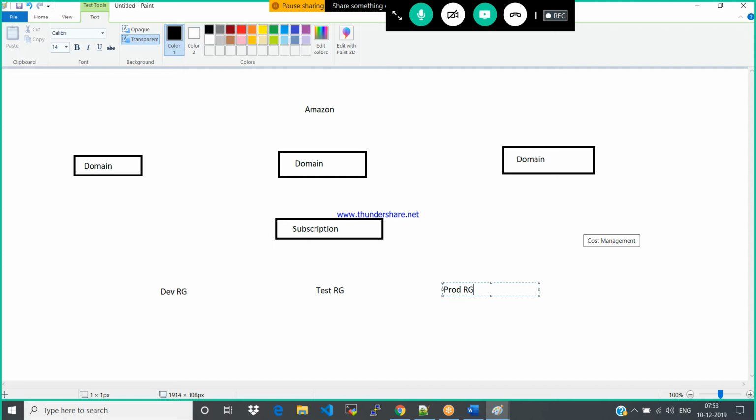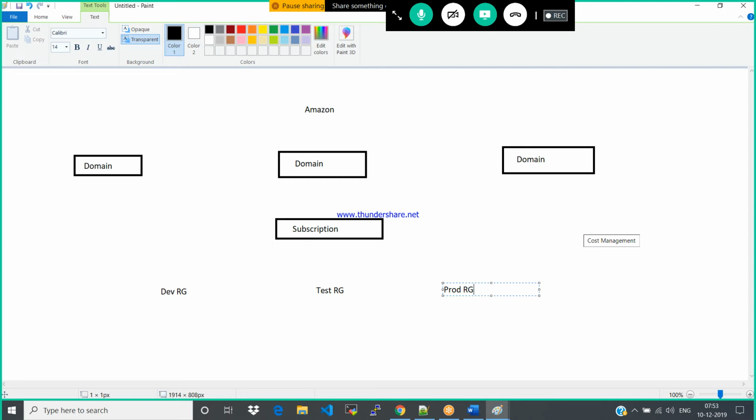Likewise, you can save cost without having multiple subscriptions. This also can be done. There are two ways. For better security purposes, the first approach is the best approach. This is the second approach: you need to save some cost, and you can secure it this way also. But for a large organization with large deployments, managing the security is a tedious task. In that scenario, we go for the first approach.